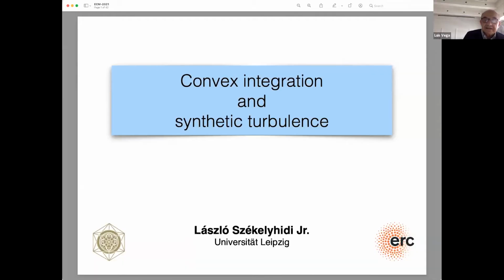And the talk today will be, please, can you share the screen? Yeah. So the talk today will be convex integration and synthetic turbulence. So László, please. Thank you very much, Luis, for this very nice introduction, and thank you to the organizers for